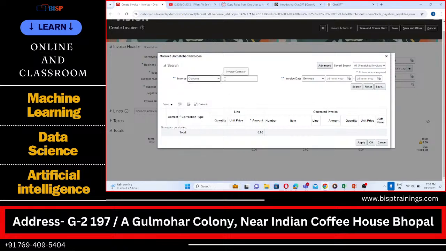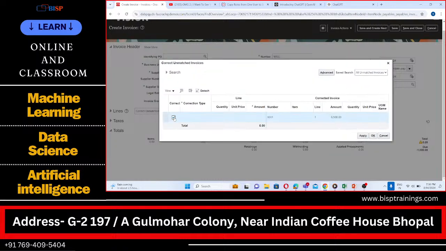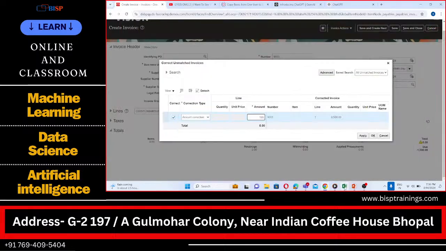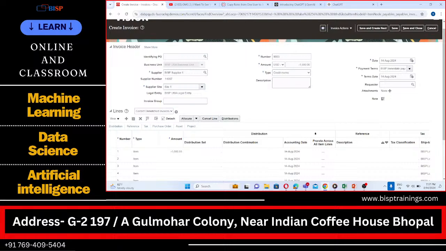So we'll select our standard invoice, that is 9001. Search. Minus 1000. Okay, apply. So we have created both the debit memo and the credit memo, and now we are going to make the payment